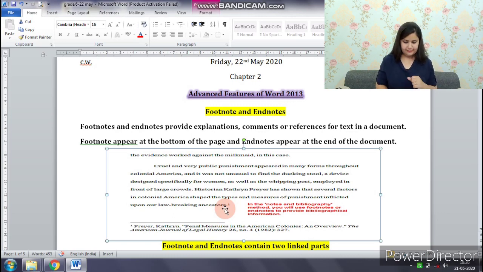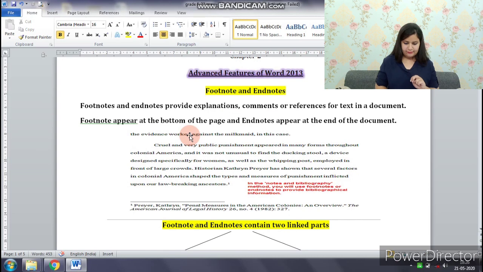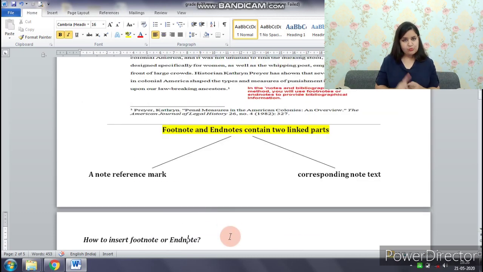Footnotes and endnotes contain two linked parts: this number, which is called the note reference mark, and the corresponding note text.